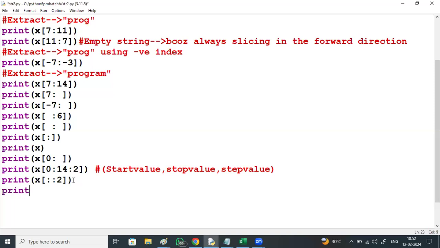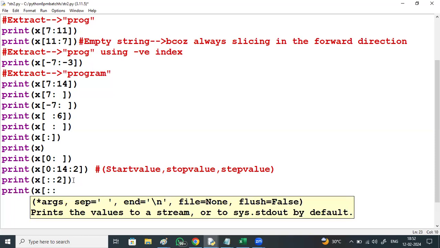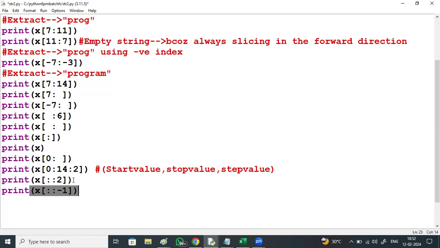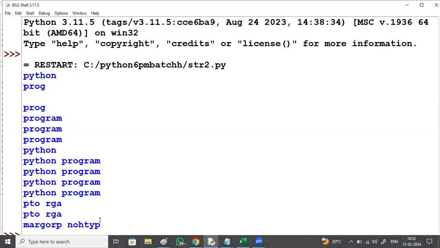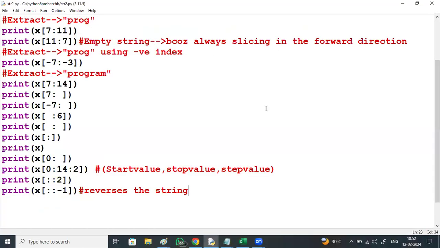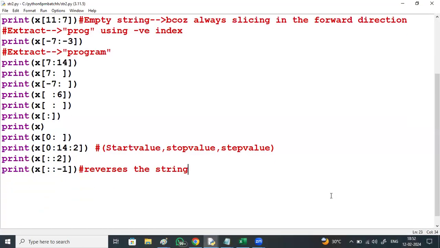print x of colon minus 1 reverses the string. The total string in the reversed order, you see. Python program. Next, for example,